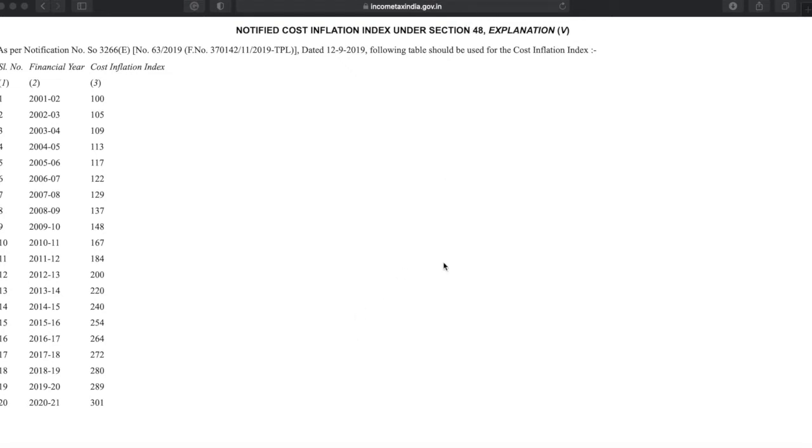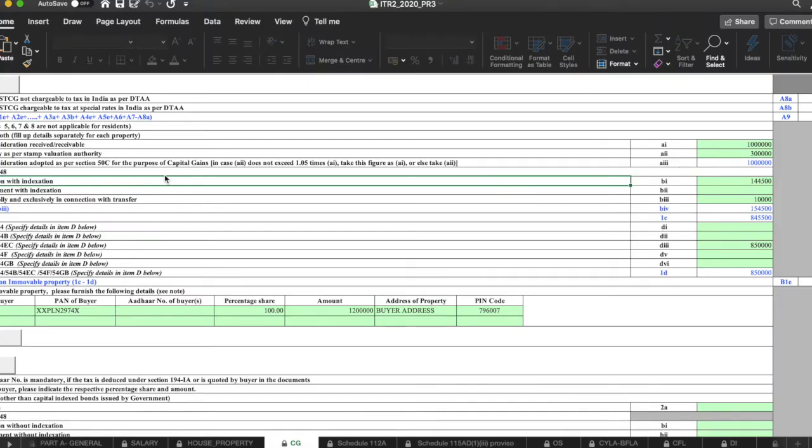For this particular scenario, you have to approach a chartered valuer or chartered engineer who is authorized for property valuation, and get that calculated. Basically, as this property was purchased before 2001, and from 2001 till date the index will be available on the site, as it is purchased before 2001, you have to approach a property valuer.